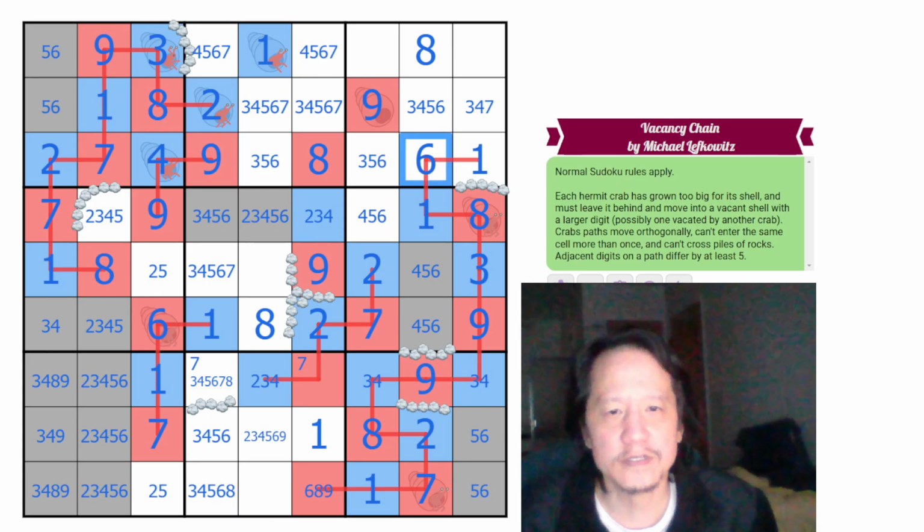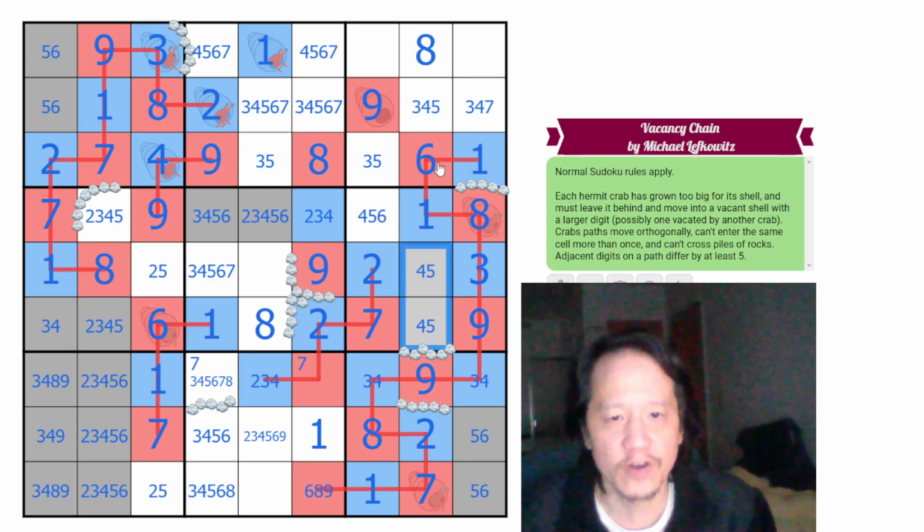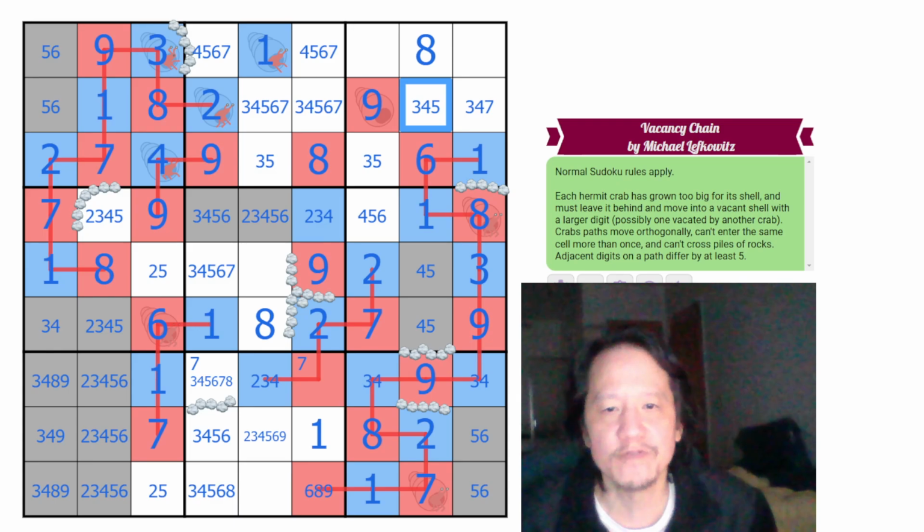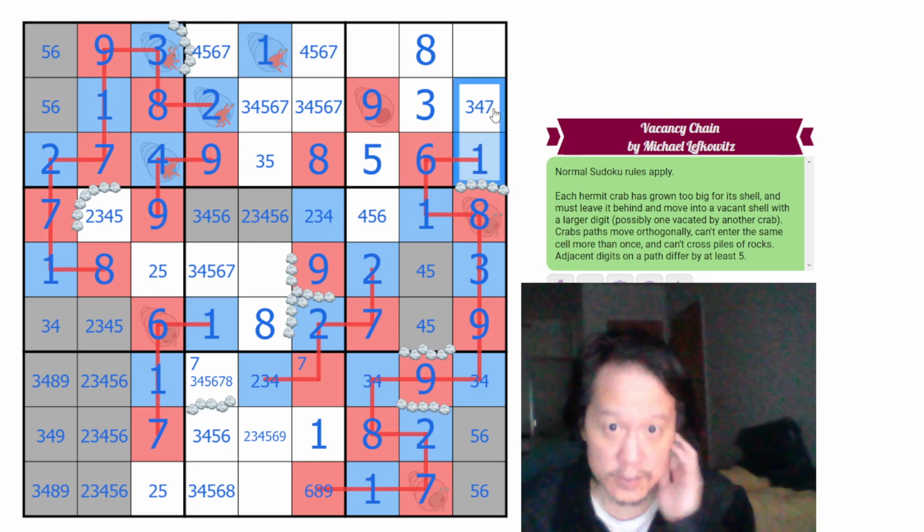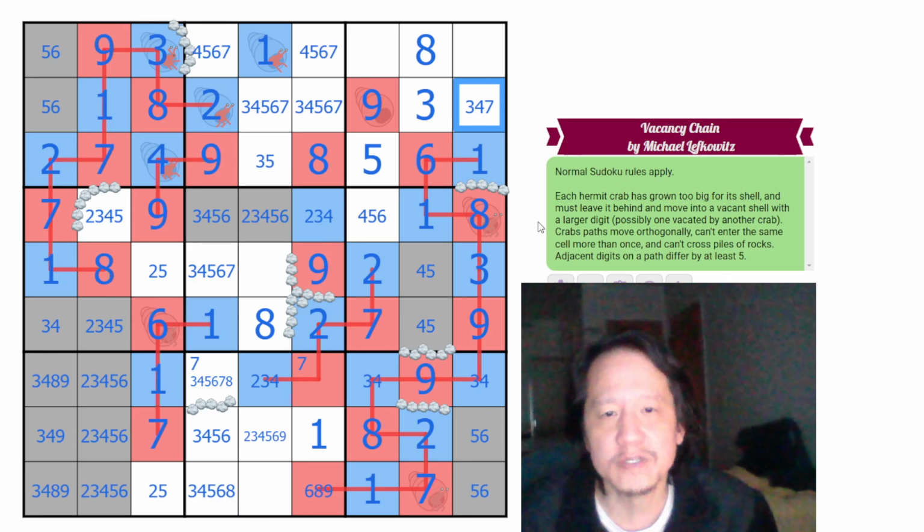So this is the high. This is the low. This can't be 6 anymore. This can't be 6 anymore. This can't be 6. There's no 6 here. This is a 4, 5 pair. Therefore this cannot be 4, 5. Therefore this must be a 3. This must be 5 then. This can't be 3. This has to exit to a high. So this has to be 7